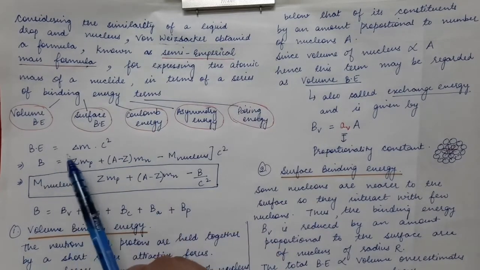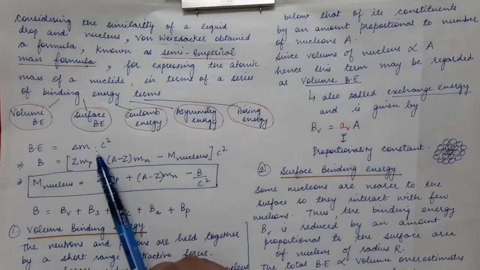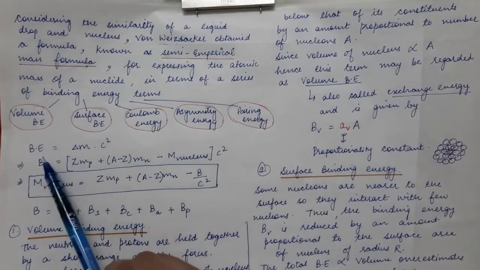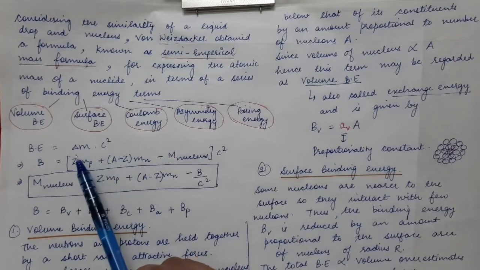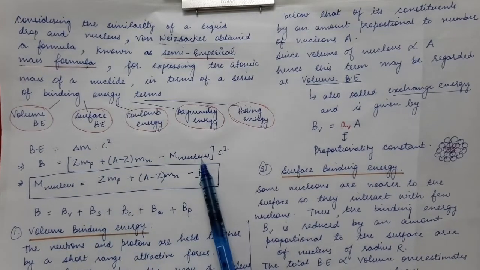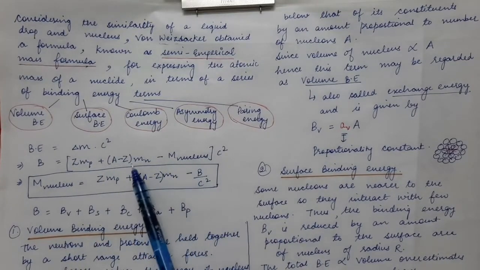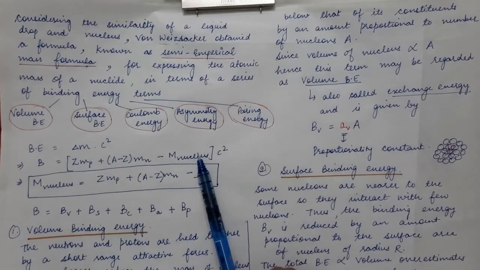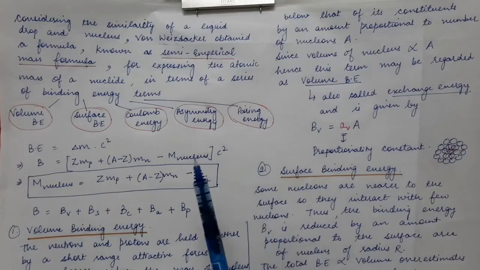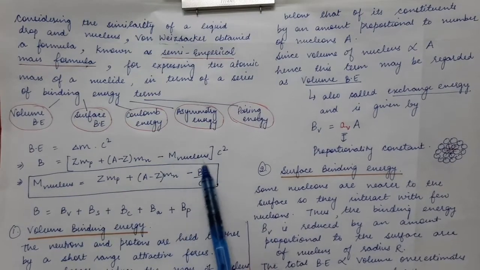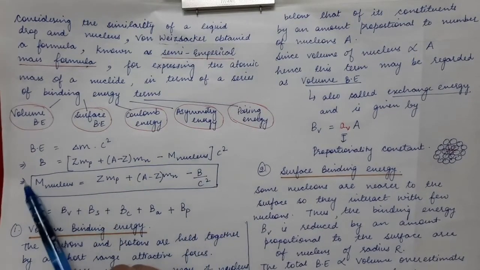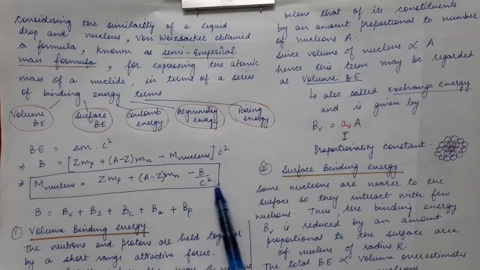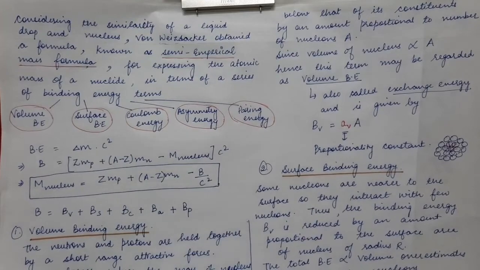So the binding energy of the whole nucleus is equal to the mass defect times c squared. So this is equal to delta M times c squared. So delta M is given by this expression, that is, the difference of the masses of the constituents of the nucleus and the mass of the nucleus itself, times c squared. So from here you can calculate the mass of the nucleus. The mass of the nucleus can be taken on the left hand side.